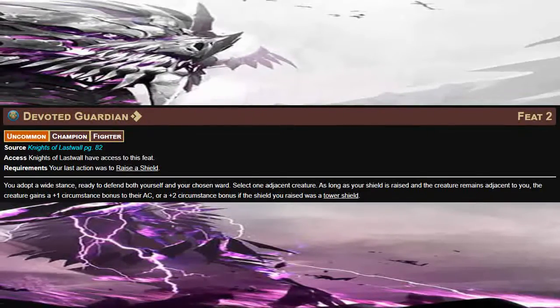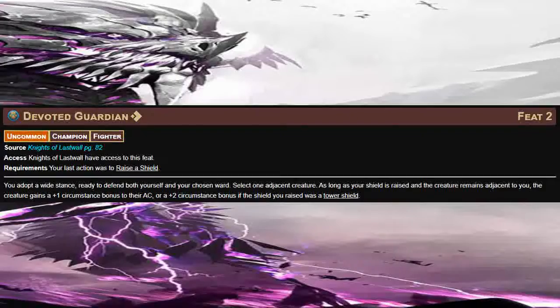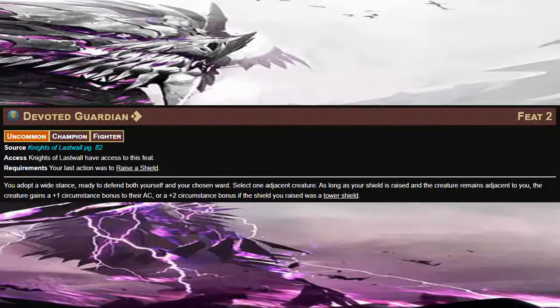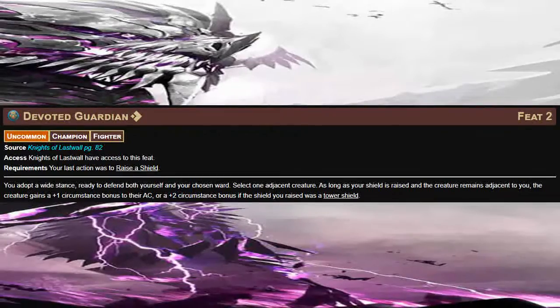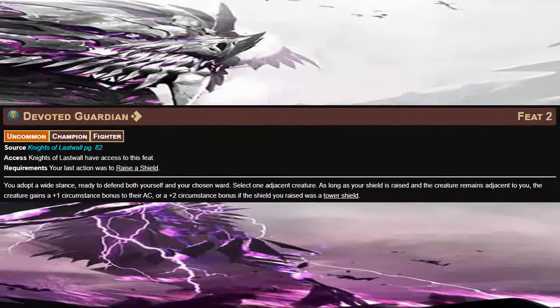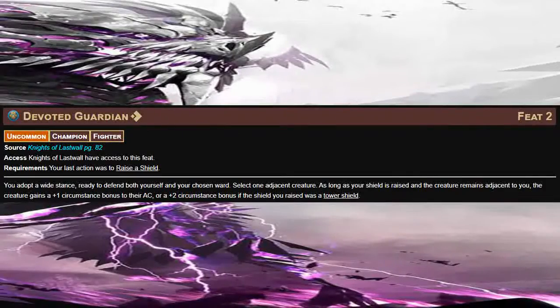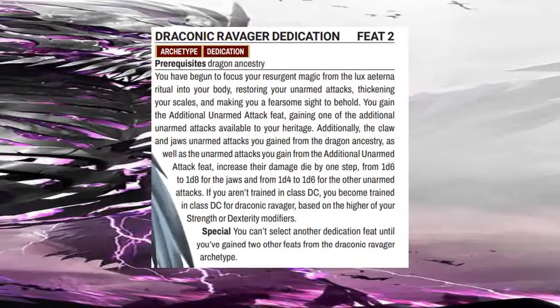This will give an ally a +1 to AC whenever we raise our shield, as long as they are adjacent to us. We need a shield for this build, that's why we're not taking the Draconic Diehard class archetype. Then of course on the free archetype side, we'll take our Draconic Ravager